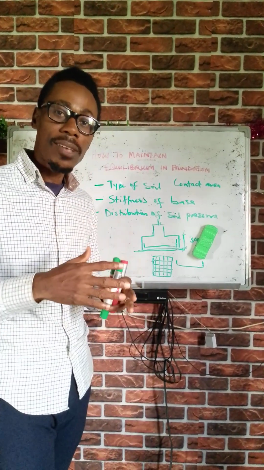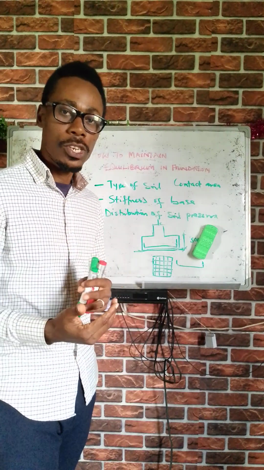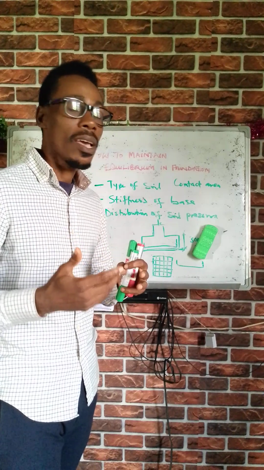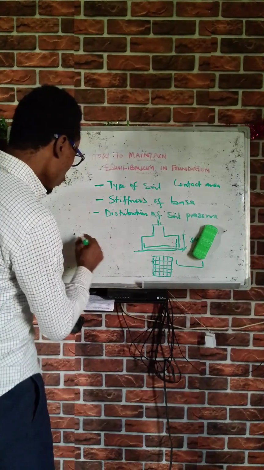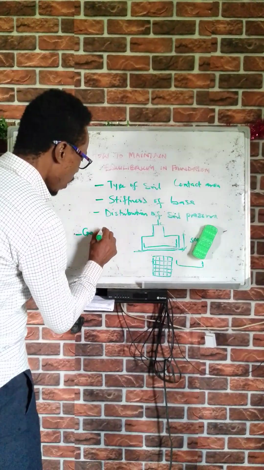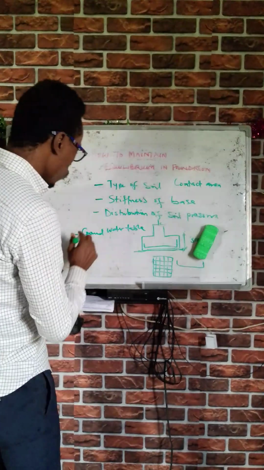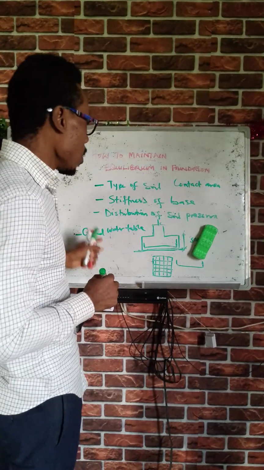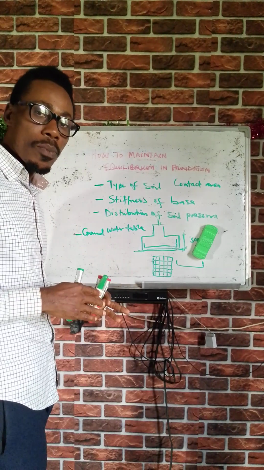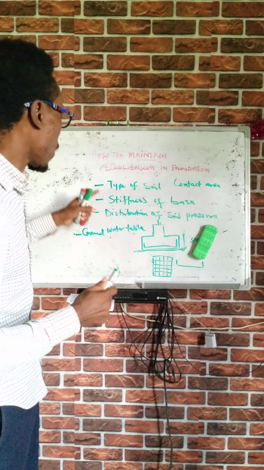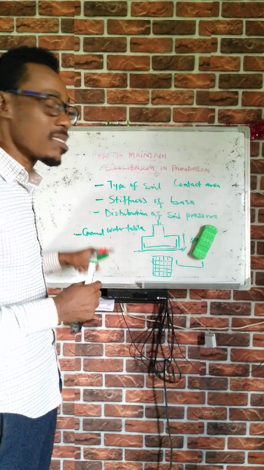So that is why it's important we consider so many factors in the course of designing our foundation, because all of these have a direct impact on it, in terms of the groundwater level. The groundwater table also has a direct implication on maintaining equilibrium, because when we talk about types of soil, these types of soil are also influenced by our water